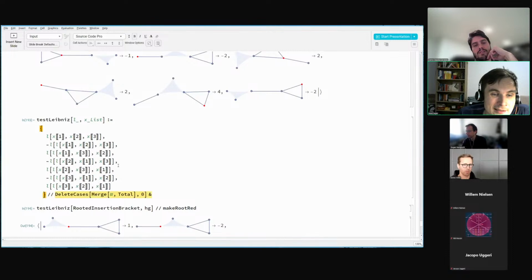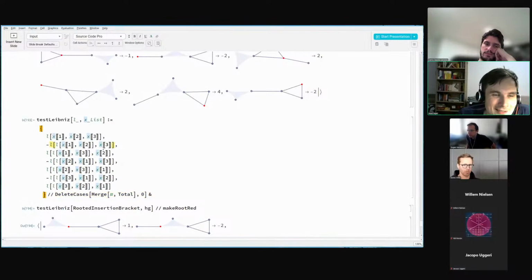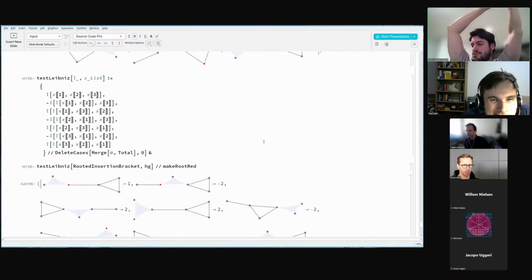Yeah. But actually, this could also be an indicator that we are anti-symmetrizing wrongly. We take the full anti-symmetrization, but maybe one is not taking the full anti-symmetrization here. I don't know. It seems like it, because it would be strange.